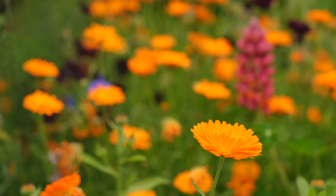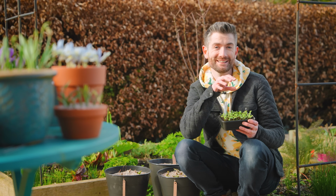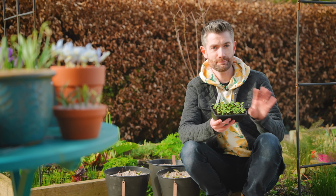Hardy annuals are the perfect choice to get colour into your garden really quickly. Sow them now, and you're going to have loads of gorgeous flowers in a matter of a few short months. And if you choose a hardy annual that's tough enough to survive the cold, you don't need to worry about nurturing them too much, and it makes them really easy to grow. So my top pick for March, if I had to pick one hardy annual,